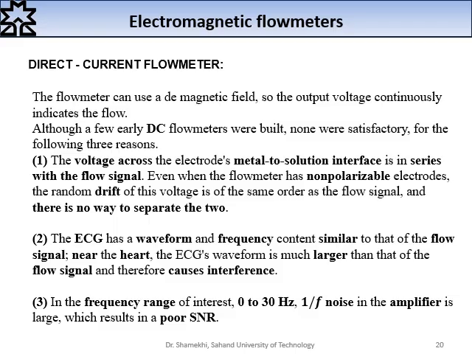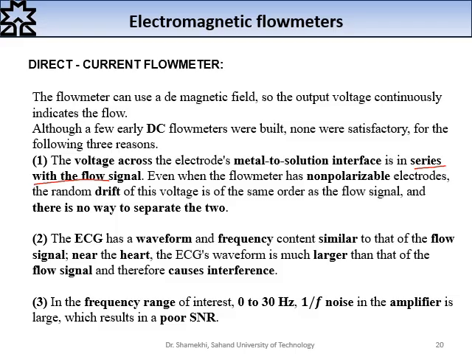The first one is the voltage across the electrodes, the metal to solution interface, is in series with the flow signal. It's important that the metal to solution half cell potential is also a DC voltage. Even when the flow meter has non-polarizable electrodes, we usually use simple metal electrodes, and the random drift of this voltage is of the same order as the flow signal, and there is no way to separate